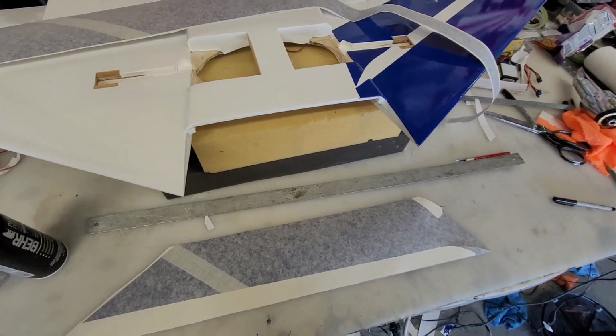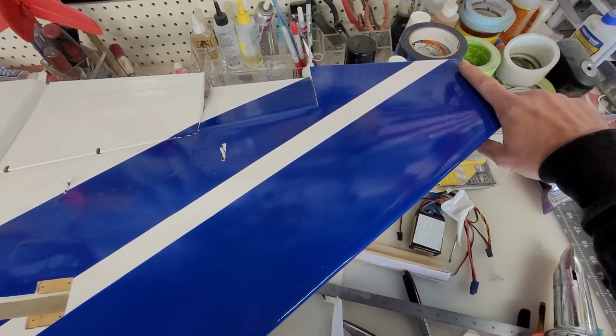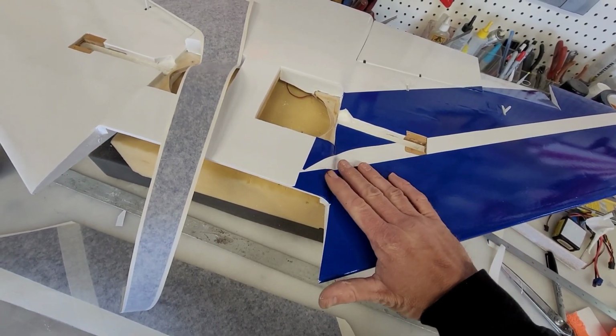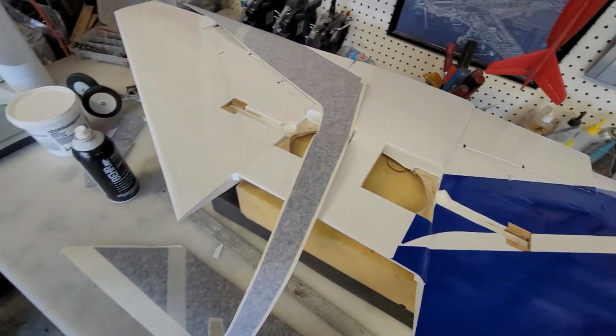All right, so I thought I'd explain what I'm doing here. I got this side pretty much done. I did have to add a little piece on the end here. The reason why is I was trying to get... I probably didn't have to. I probably could have made up for it somewhere else. In fact, I might do that on this side. Anyways,